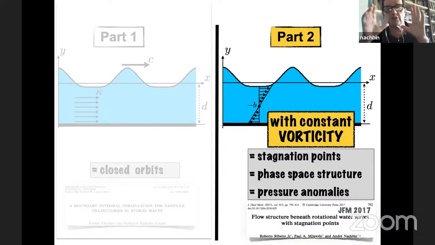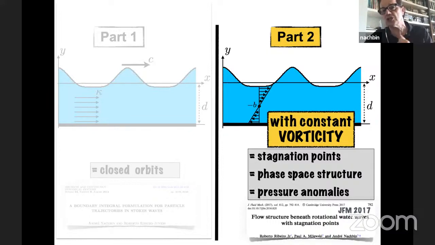I'm going to show you the difference of being in the fixed laboratory domain, as I just showed you, or being in the moving frame with a wave. Being in the moving frame with the wave, many of the theorems actually have to be proved in this reference frame, because then you can use stream functions. For example, the free surface is a stream function and so on. And a spectacular, very nice sort of face portrait type of picture appears beneath the wave.